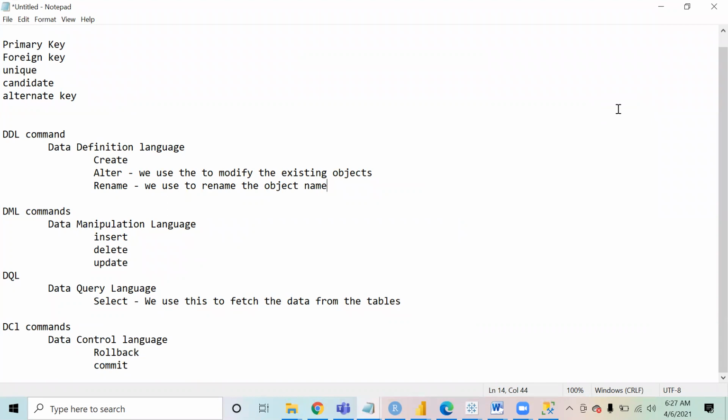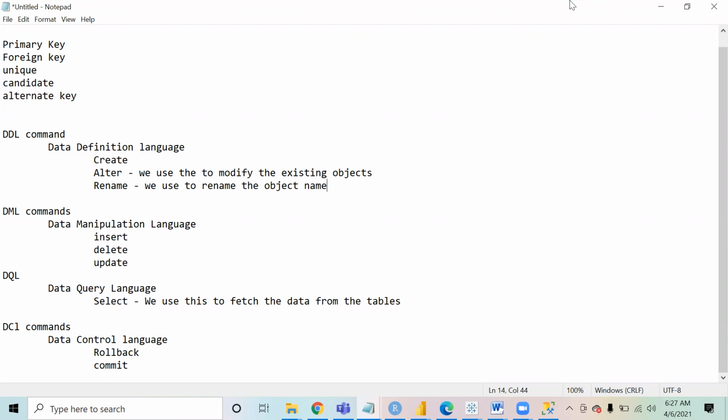Hi, I have a question. You said we can use the alter command to modify existing objects, so by that we can also delete columns, right? Yes, you can delete columns, you can add columns. And with the delete DML command, can we only delete rows, or can we delete columns too? Only rows. When we remove a column, we are changing the structure of the table, and rows are just the data part.